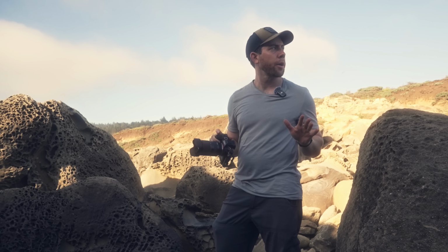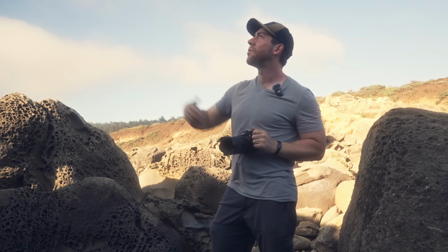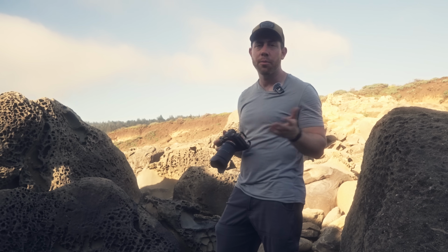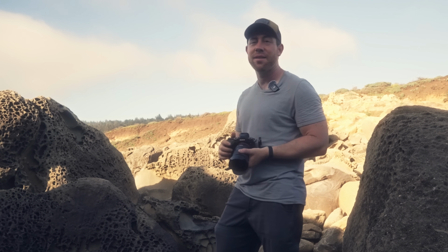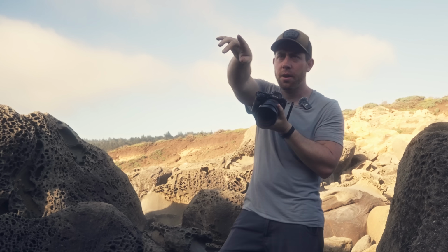Let's keep exploring. And since the sun is out, we need to find more of that open shade. But honestly, I see some fog starting to roll over, so the sun could get hidden pretty quick. That's the thing about the coastline, especially when you have the marine layer. You never know, like it'll be foggy one second, sunny one second, foggy again, and it's really tough to gauge what's going to happen. Ooh, I think right here, I